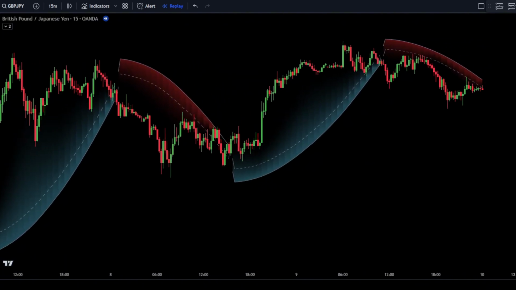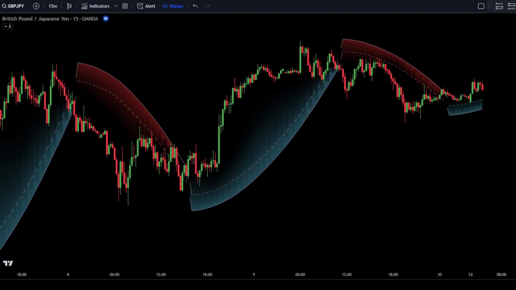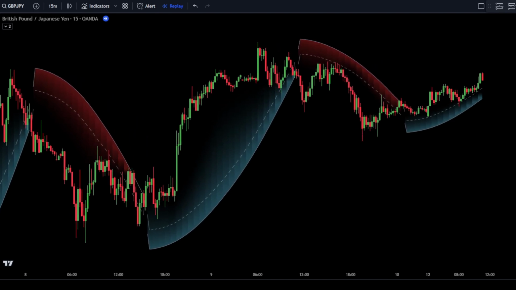This scalping strategy is very easy to use, making it suitable for all traders, including if you are a beginner